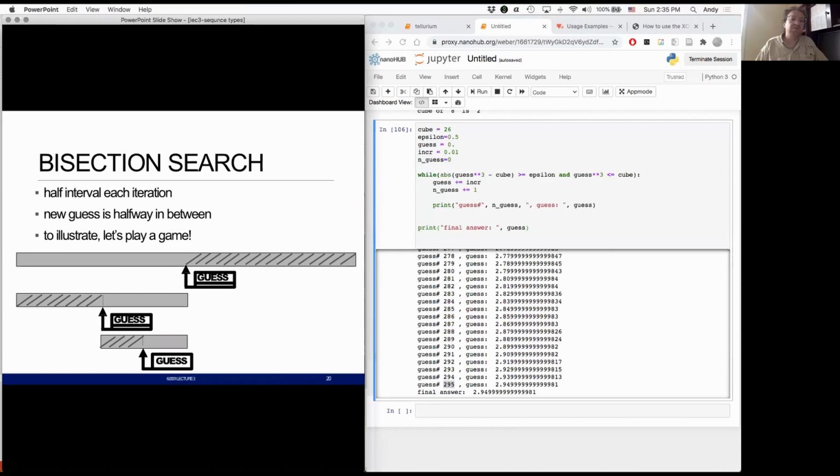We can do what's called a bisection search. So basically what we do here is, instead of starting at the beginning and searching every possible answer until I get there,